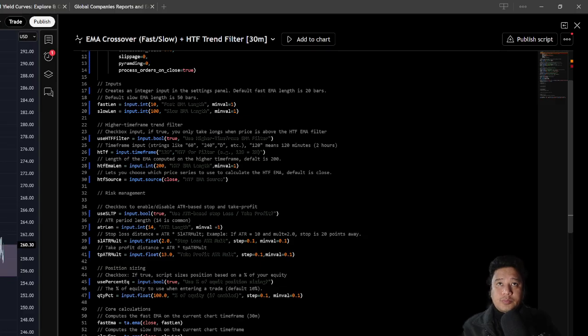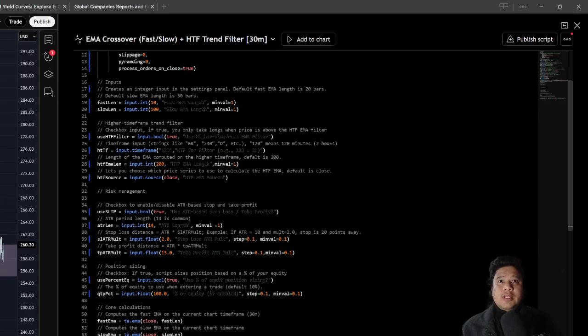So that's your long trend condition. And then for the ATR based exit, you'll be writing down ATR equal to ta.atr(LEN). So those are the variables that you need to have in your strategy,